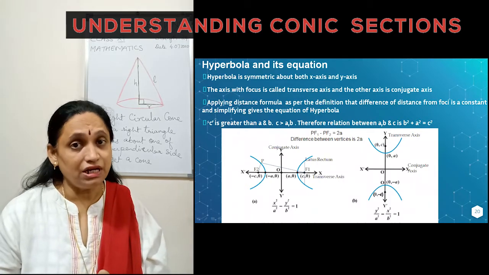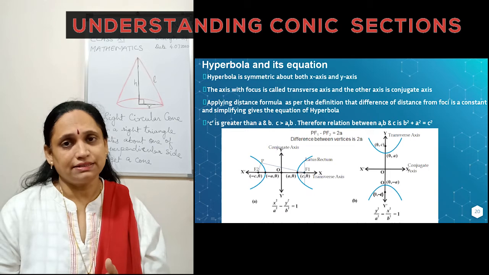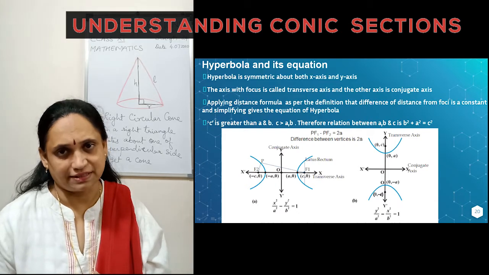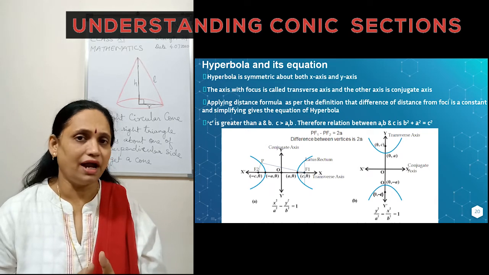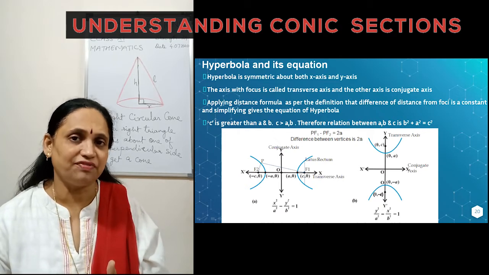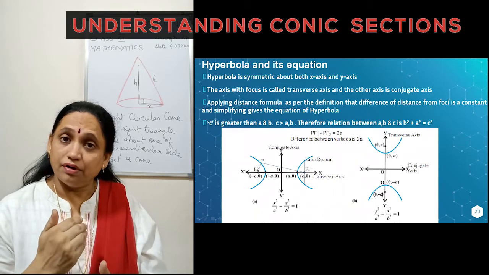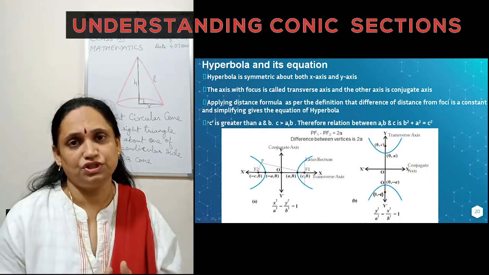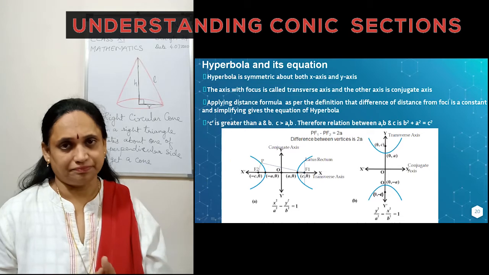Now we have these three numbers playing their role here. Similarly, as in the ellipse, the vertex is a point of intersection of the hyperbola and the transverse axis. And the focus would be the same as in the ellipse, (c, 0) and (minus c, 0). The vertex is (a, 0) and (minus a, 0). This is the case when our transverse axis is on the x-axis. Here, the figure does not meet the other axis, but the highest value taken by the y coordinate is called the number b.